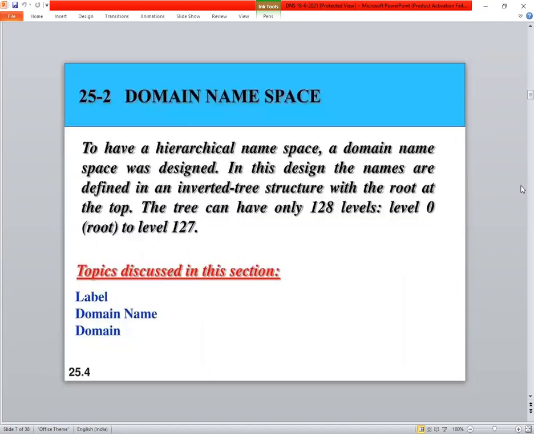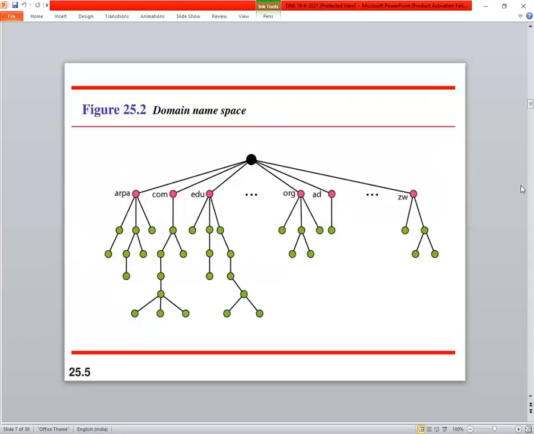Coming to the domain namespace: to have a hierarchical namespace, a domain namespace was designed. In this design, names are defined in an inverted tree structure, with the root at the top. The tree can have only 128 levels, level 0 to level 127. Let us see what those are.